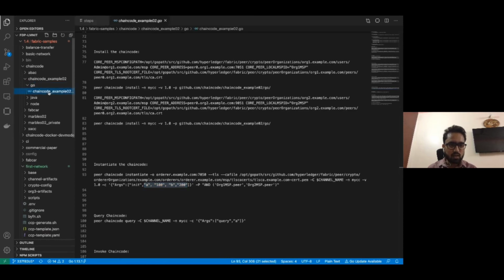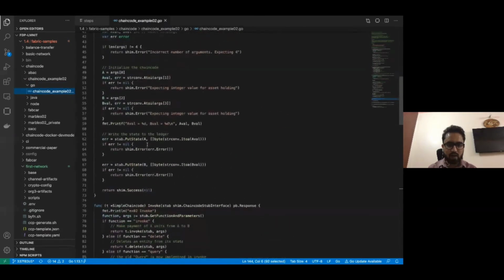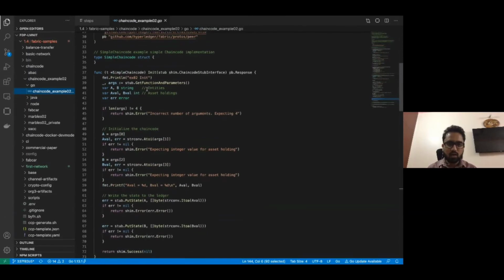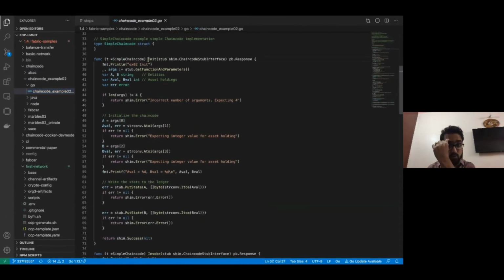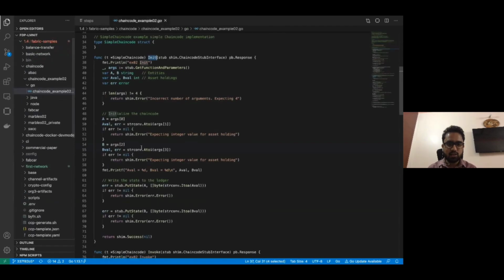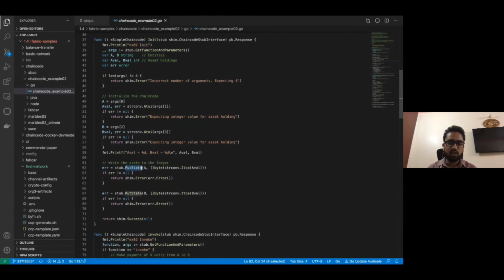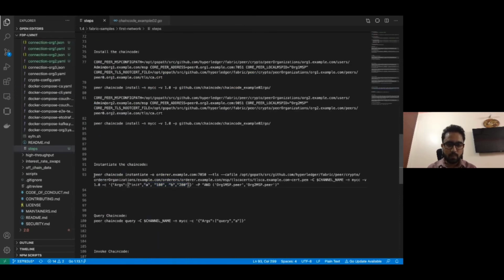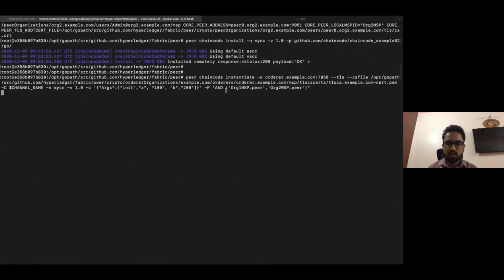So as you can see, this is my init function. When I run that command, the chain code will run, and this particular function of the chain code will run, and it will use all the parameters that I am going to pass, that is A as 100, B as 200, initializing these values and updating the state with variable A and variable B, assigning the values to those state variables. So this step will take some time because it will create containers for that chain code.